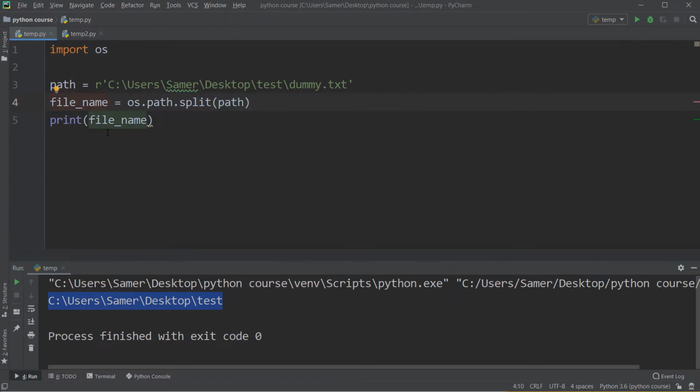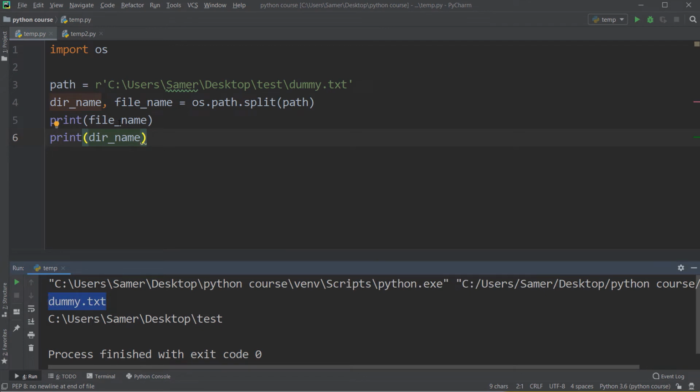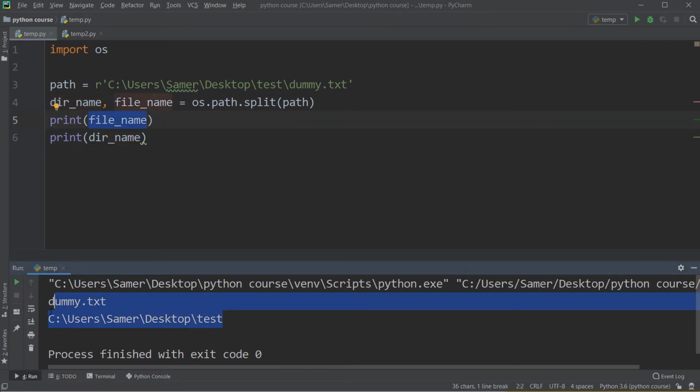And now because I expect to get two things, which are the directory and the file name, I will say dir name, file name. I use two variables here because this function returns two values. Now I will print the file name and also I will print the directory name. Run. As you see here, I got dummy.txt, which is the file name, and the directory name is from C